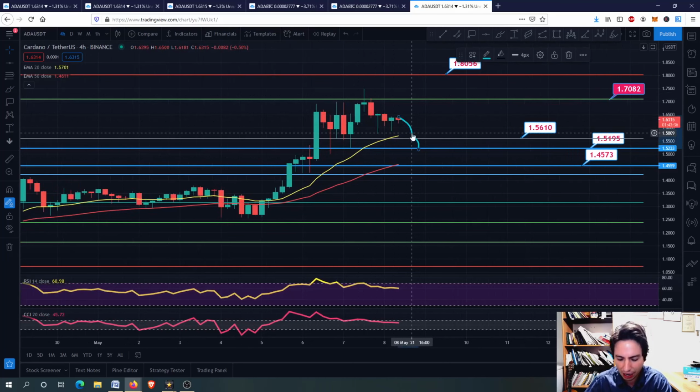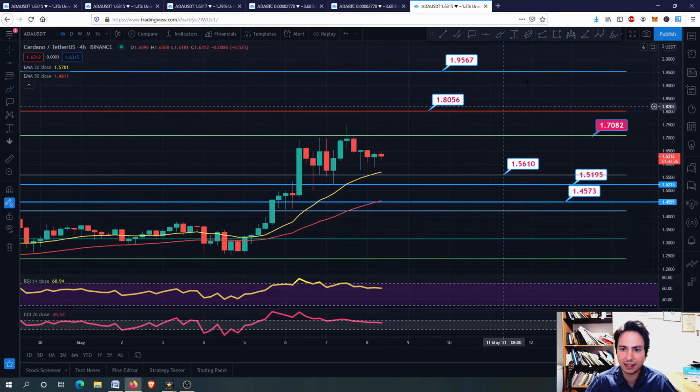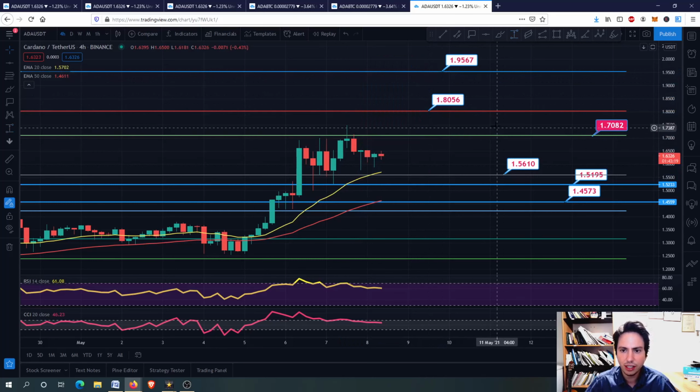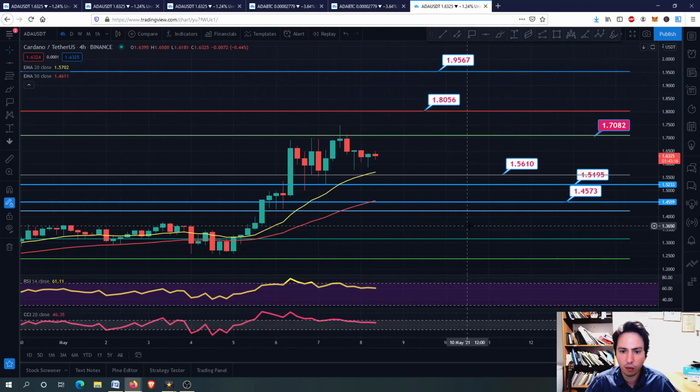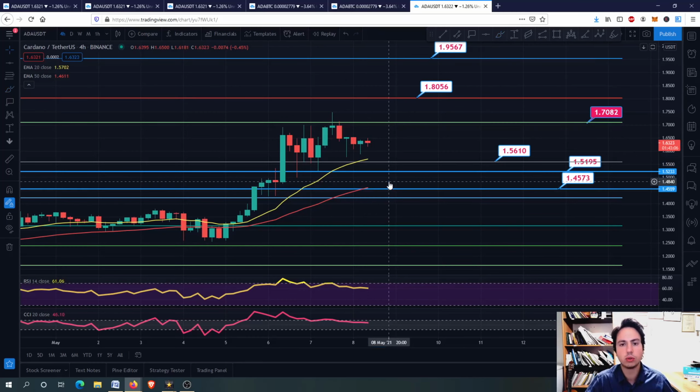And of course right now, after going a bit sideways, consolidating for some time, then we can actually move to the 1.70 and break the 1.70. Our next target would be, guys, the 1.80 and of course the 1.95 USDT. I think around there. If we have to fall a little bit longer right now, we would go eventually to 1.51 and 1.45 and we will stop. What I would do in your position for ADA, if you are a long-term investor, then of course not financial advice, but I would buy.